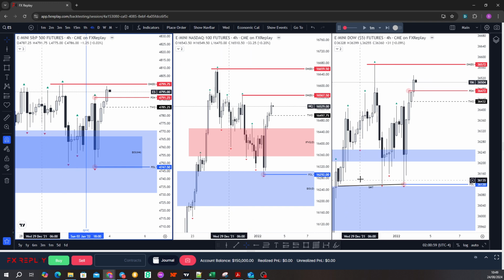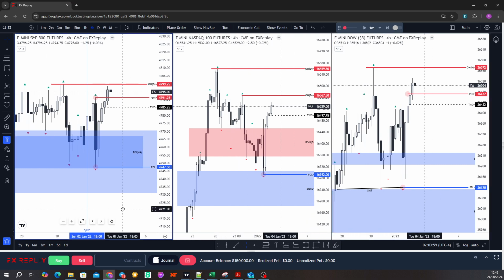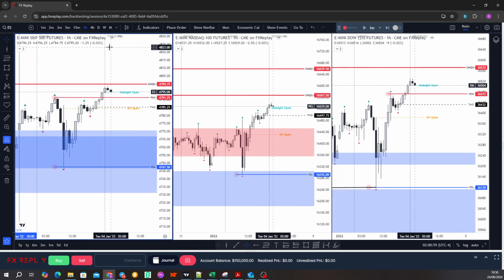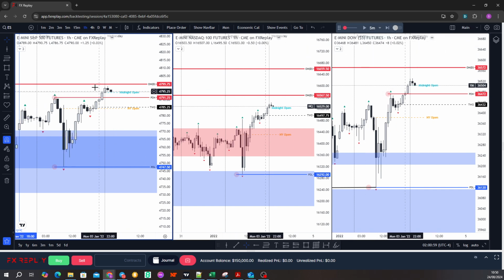There has been SMT at the lows, which would have been a driver for seeing higher prices. So we're looking at Tuesday, in which we have some high impact news at 10 o'clock, ISM manufacturing PMI. Currently it's 2 AM, so we will be cycling through to 7 AM. So some of the backtesting rules.